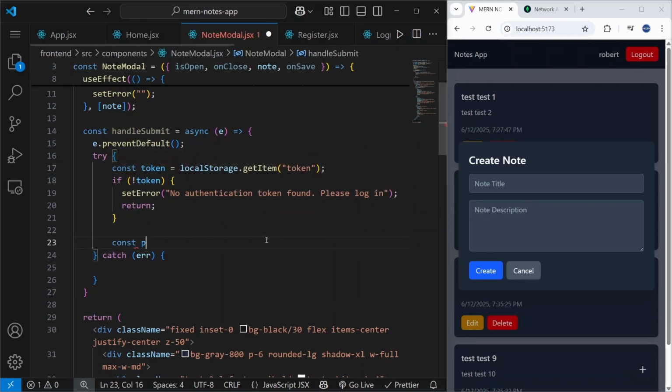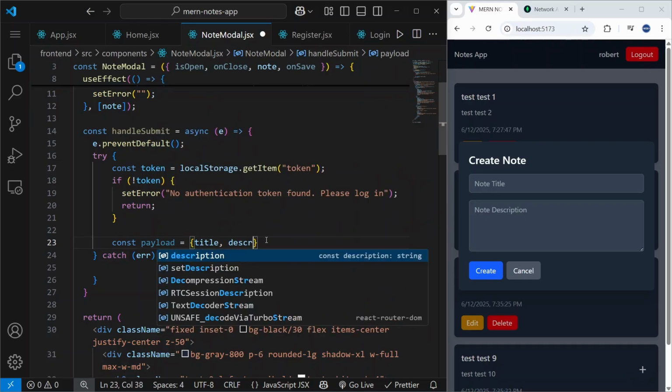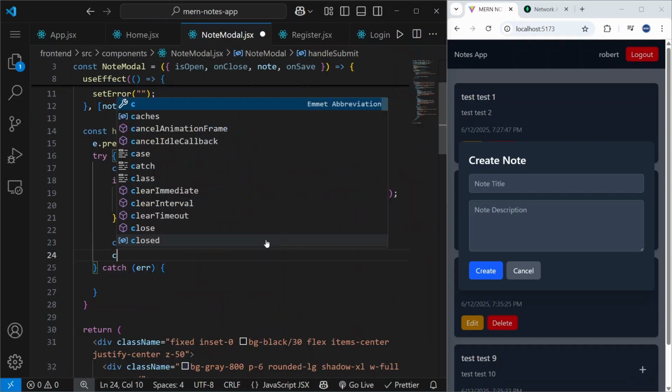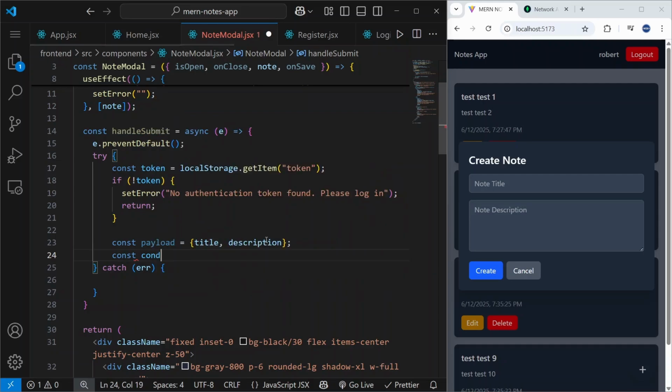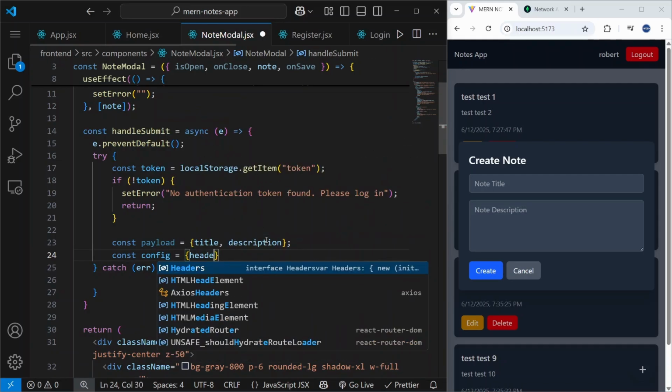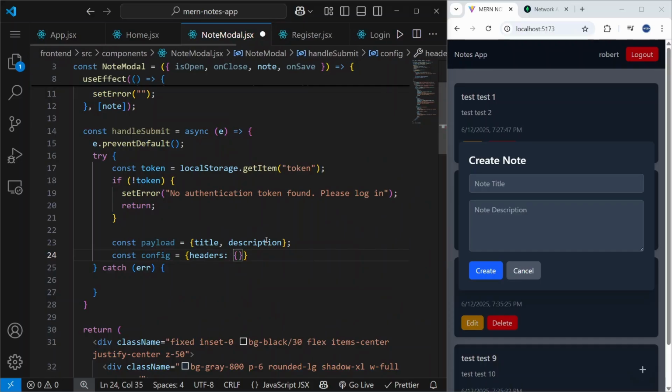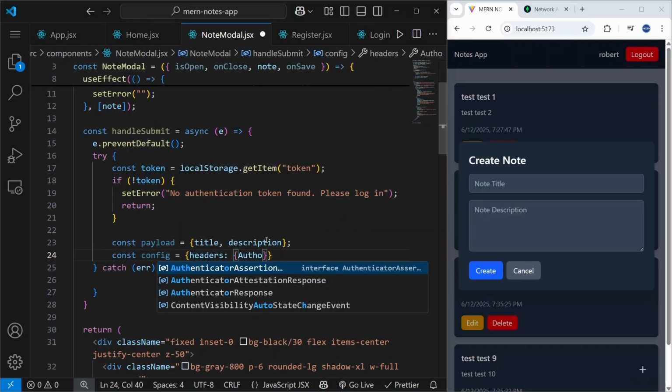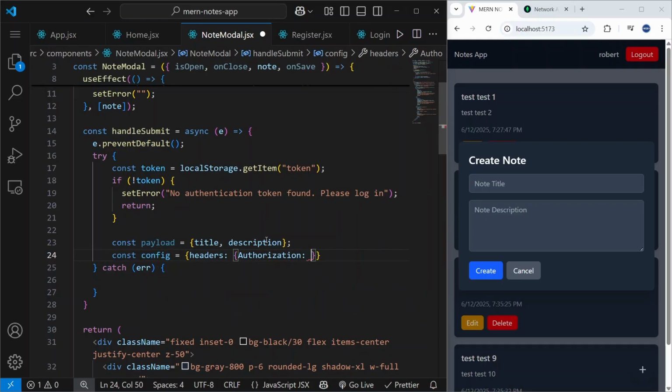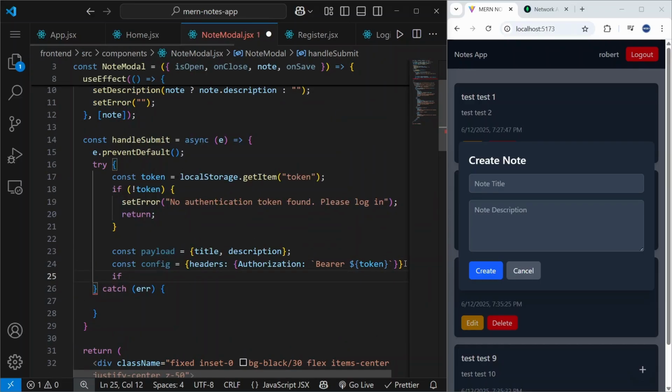Then we can do the following. We can create a payload like this. We can say that it will be equal to title and description. And then for config, we can do the following. We can say it will be equal to headers and authorization and bearer with token. Okay, then if node is true,